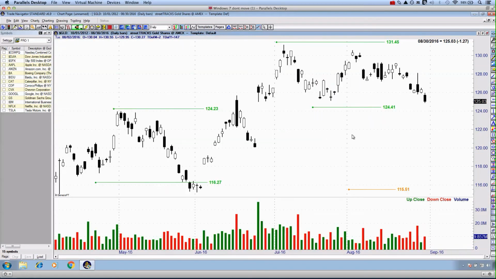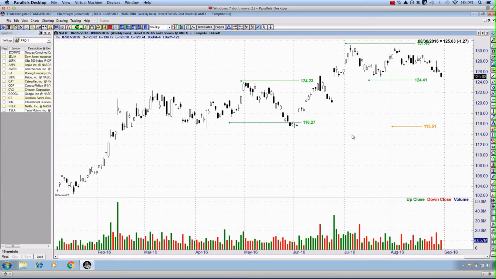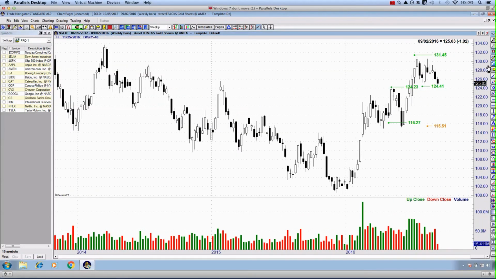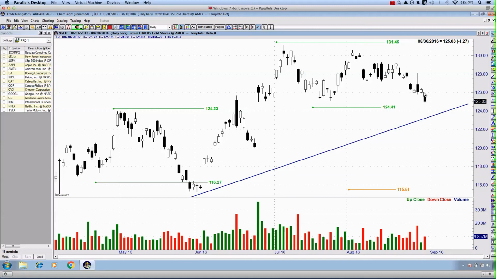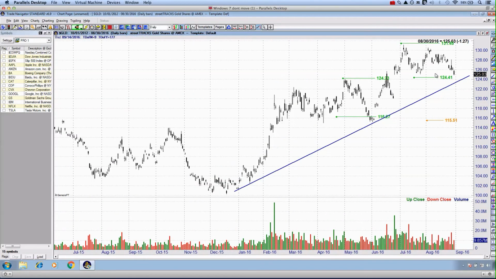Again, if I look at this technical picture, now I'm not sure where my trend line has gone. I might just need to bring it up on the weekly chart for you. I'll just bring up the trend line right here and I'll just draw off from these lows. We're very close to it. I was just looking at this earlier, and I'm not sure where the actual trend line has gone, so I've just had to draw it in again myself.